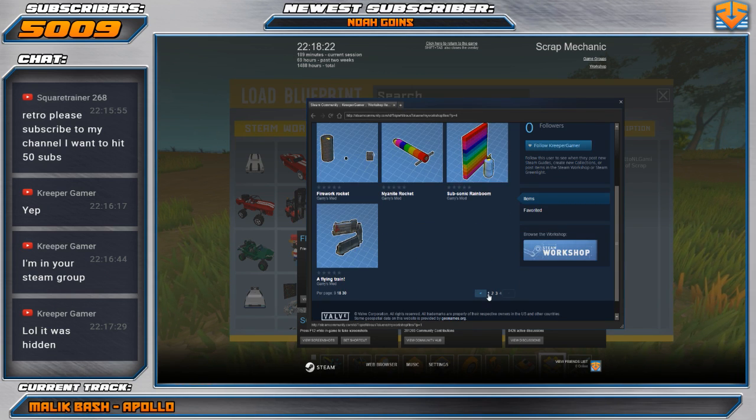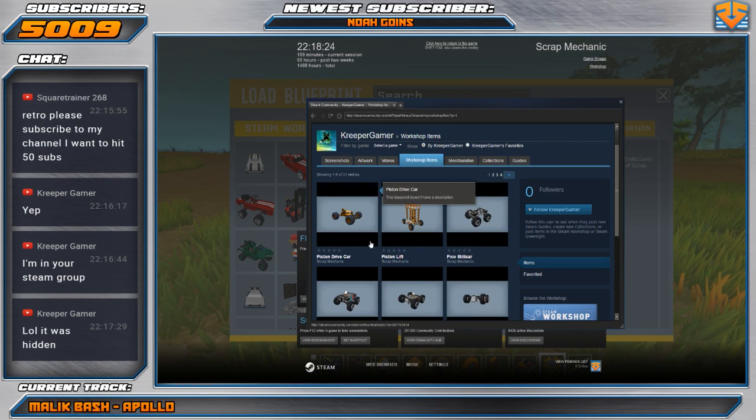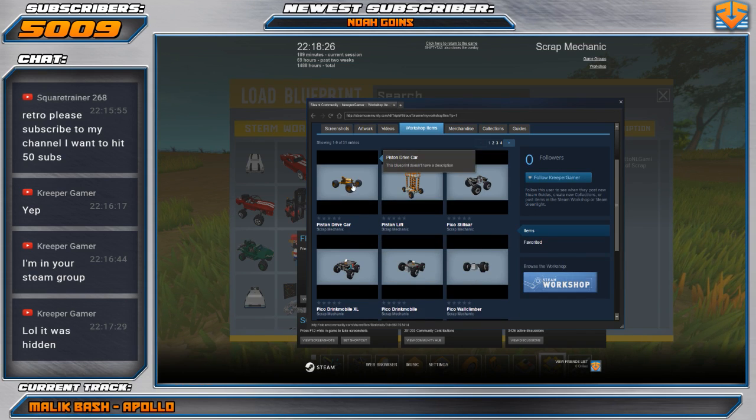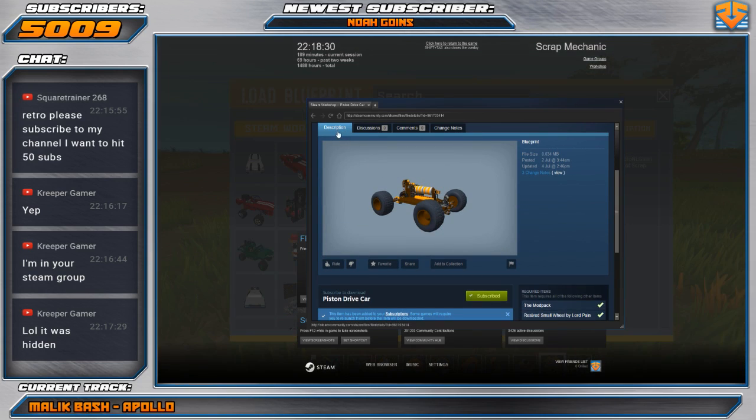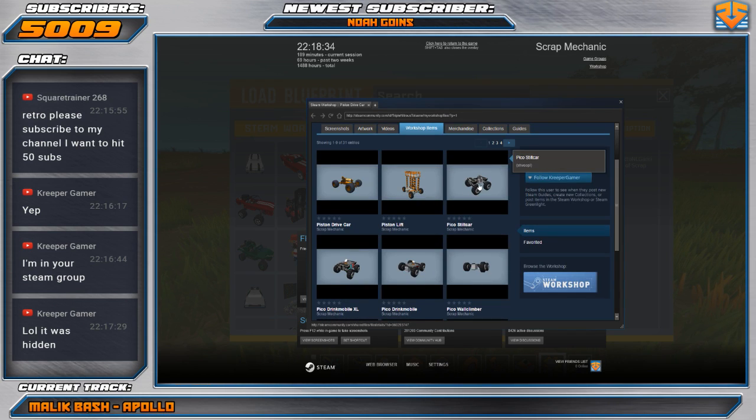I'm just showing the world your creations here. Hope you don't mind. Piston drive car. Well, let's give that a go. Anything pistons, I think we'll have a look. I hope it works now. I've said let's have a look. And I want to have a look at one of these. I think they look cool. We're going to go for the